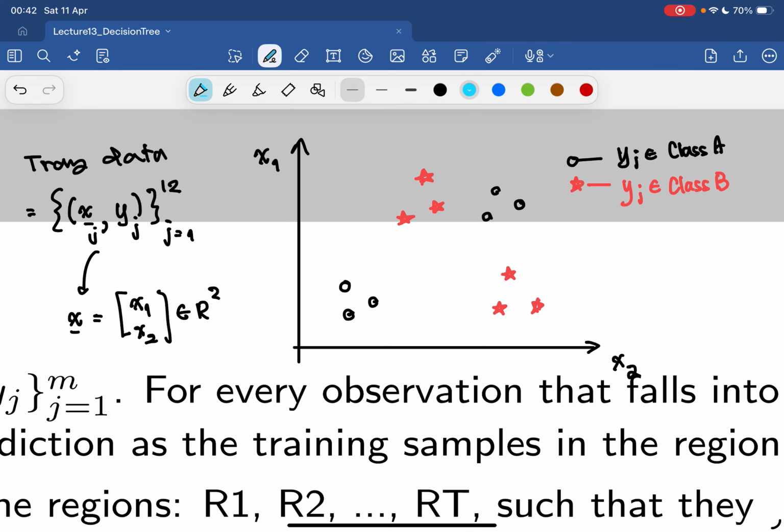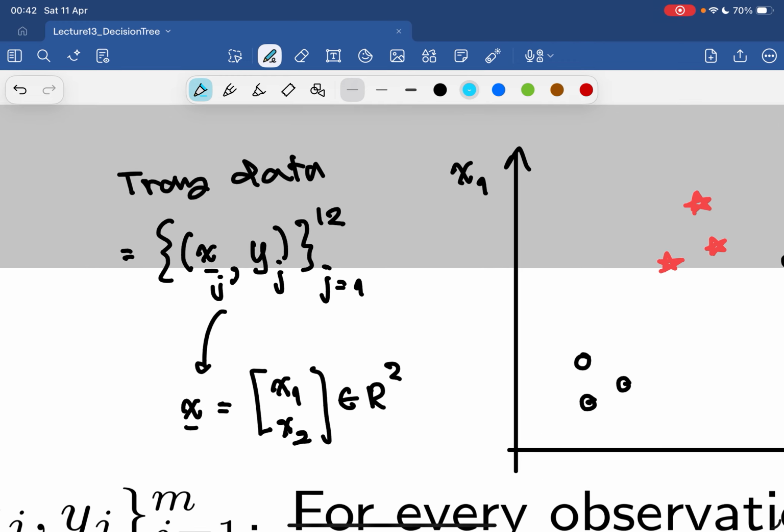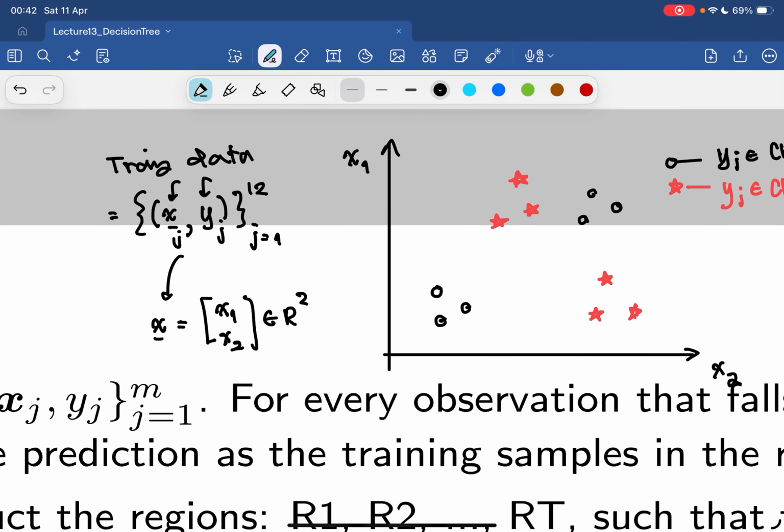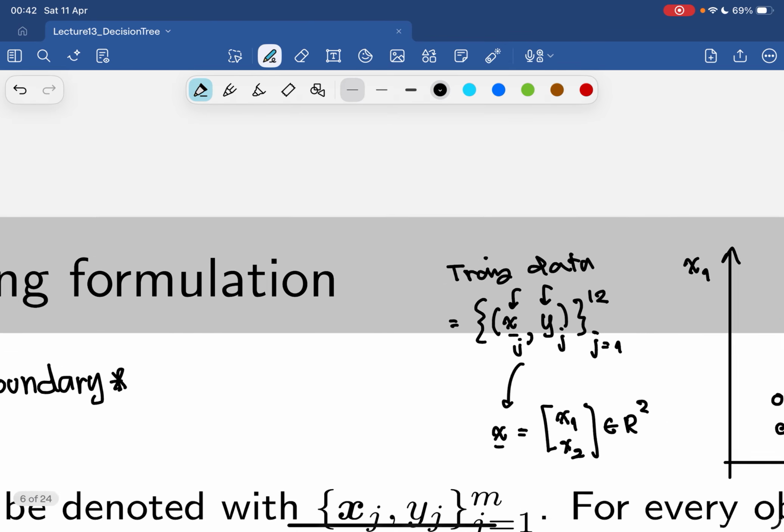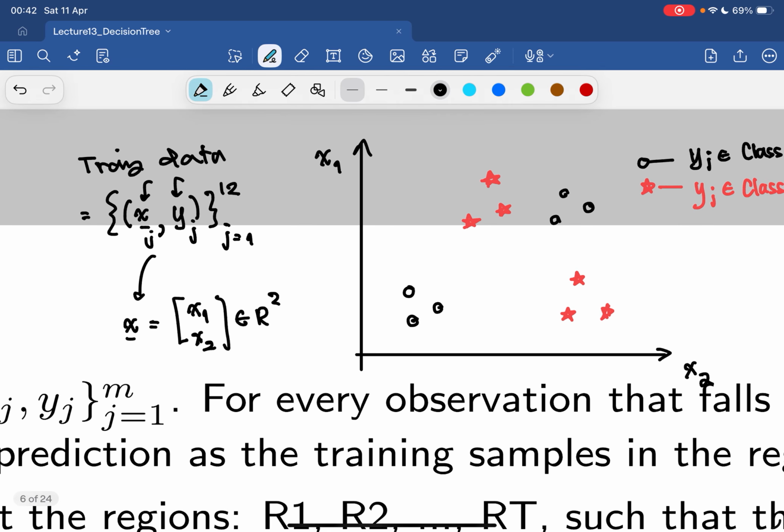For example, you have a set of training data, and you have features denoted as X and a label Y. Let's say you have XJ, and in this case you have 12 points, 1, 2, 3, 4, 5, 6, 7, 8, 9, up to 12. What is YJ? YJ is a label, and XJ just happens to be on the plane, so you can plot it onto the plane like that,